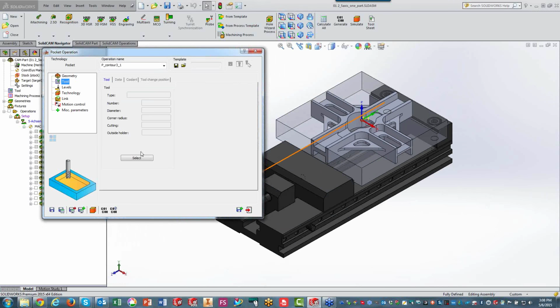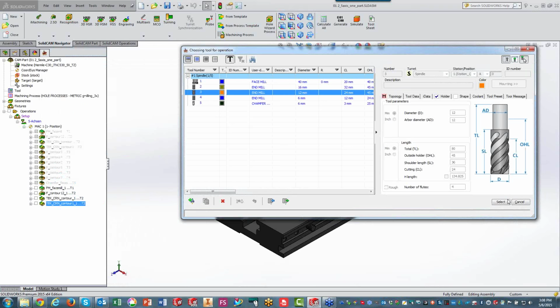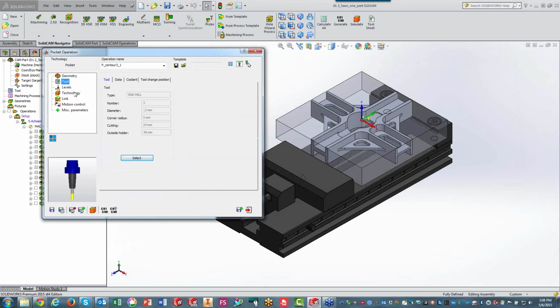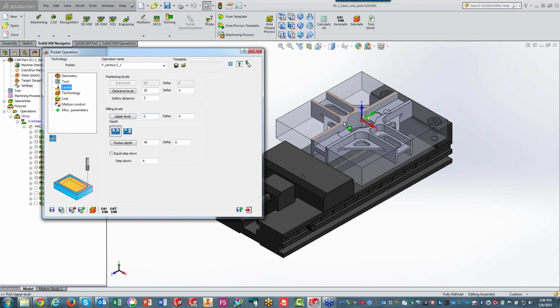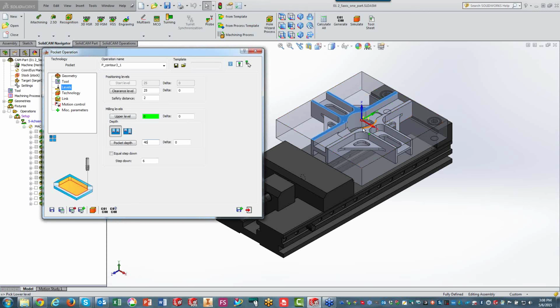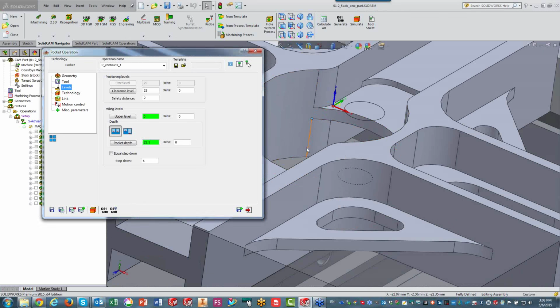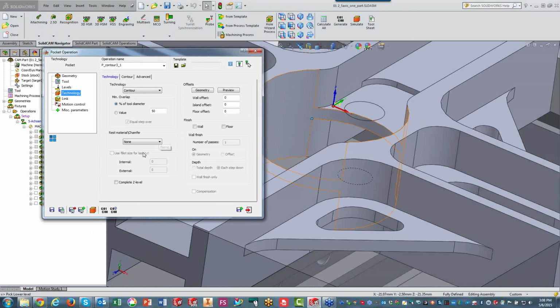And my tool, I'll be using my next tool, my 12 millimeter end mill for that, where my upper level will be set over here, and my pocket depth will be up until, let me just go up until that point down there. Let me just grab it. Come on, there we go. Got it? And well, we'll just leave the technology alone right now, leave everything the way it is, save and